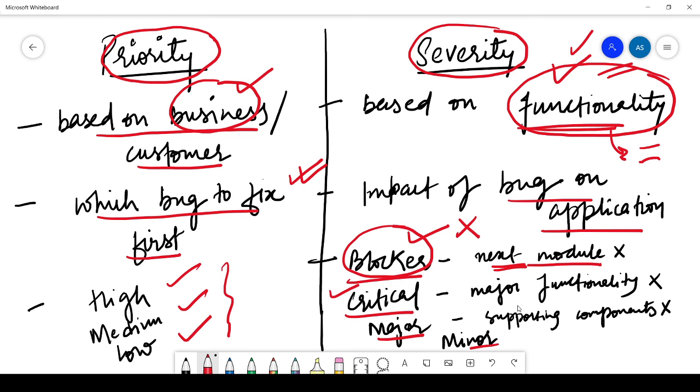Critical defect वो होता है जो हमारे सॉफ्टवेयर की मेजर फंक्शनैलिटी को इम्पैक्ट करता है। मेजर डिफेक्ट होता है जो कुछ सपोर्टिंग कंपोनेंट्स को इम्पैक्ट करता है, कुछ मेजर फंक्शनैलिटी के सपोर्टिंग कंपोनेंट्स को इम्पैक्ट करे, उसको मेजर डिफेक्ट बोलते हैं। माइनर डिफेक्ट होता है जिसका कुछ ऐसा इम्पैक्ट नहीं होता, जो हम बाद में भी टेस्ट करेंगे तो चलेगा। सो दीज आर द बेसिक डिफरेंस बिटवीन प्रायोरिटी एंड सिवियरिटी ऑफ द डिफेक्ट्स।